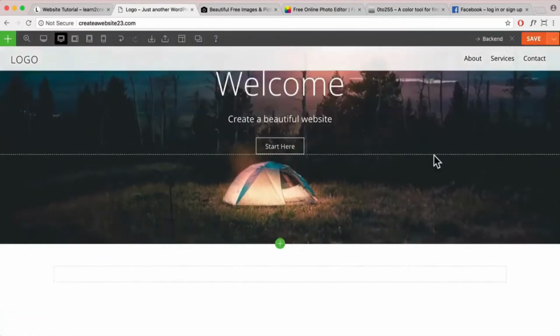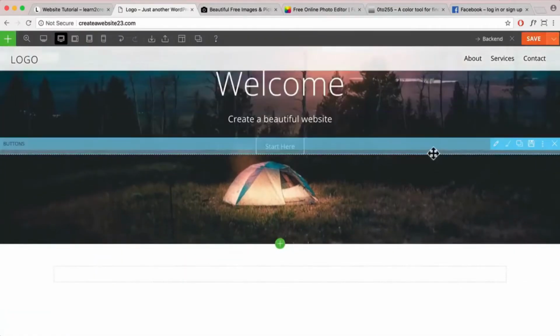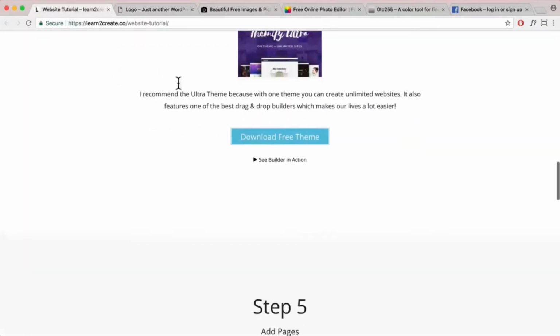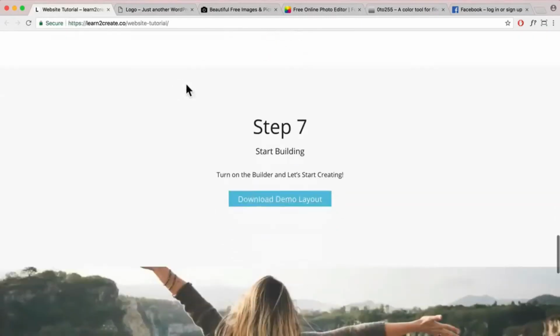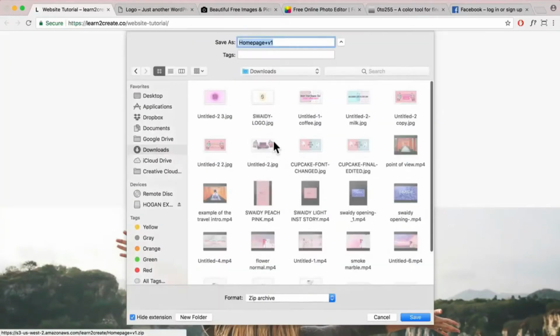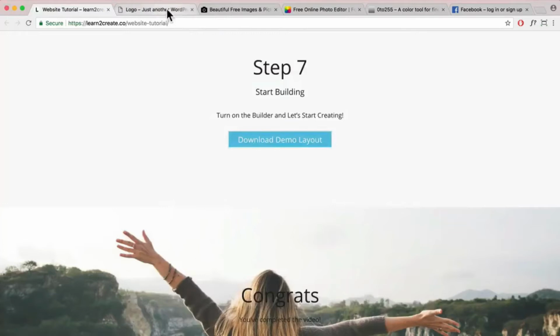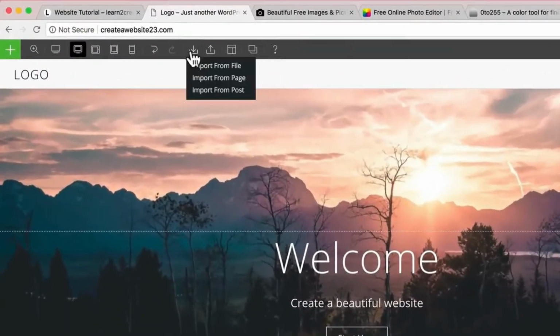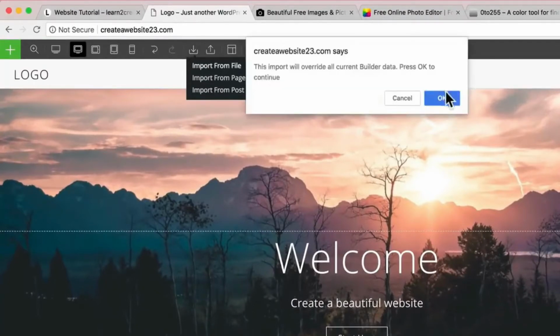So what I've actually done is I've made a demo layout for you guys. So if you go back to my website, scroll down to step 7, and then click on download the demo layout, and then download that onto your desktop, okay? And then go back to your website here, and you can see this little icon here, which has got the down arrow. Click on import from file, okay,